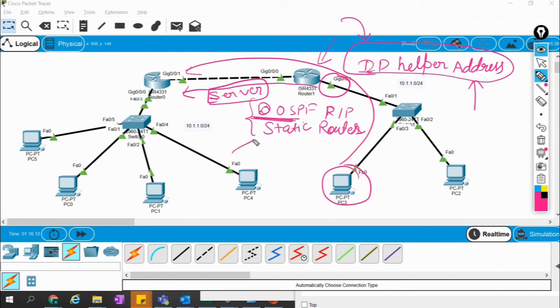You can simply configure the IP addresses and then routing protocols, and that will make the reachability, and after that it will get the IP address automatically on PC3 and PC2. So just one assignment: explore what this IP helper address is, why we use it, and how the server is found.